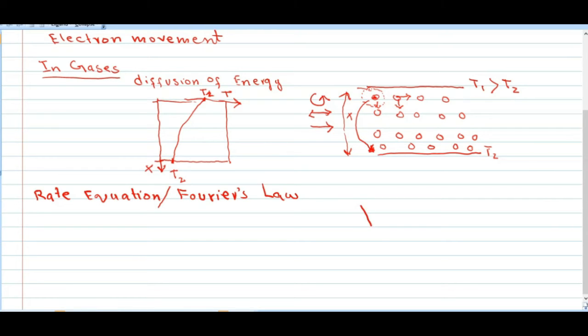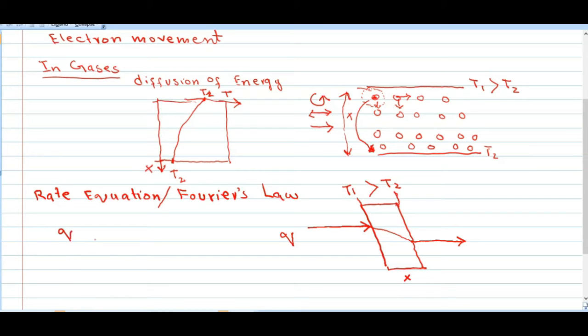If we have a wall of thickness x, if this face is at temperature T1 and this face is at temperature T2, where T1 is greater than T2, and if the heat transfer rate through the wall is Q in kilojoule per second, then according to Fourier's law, the rate of heat transfer